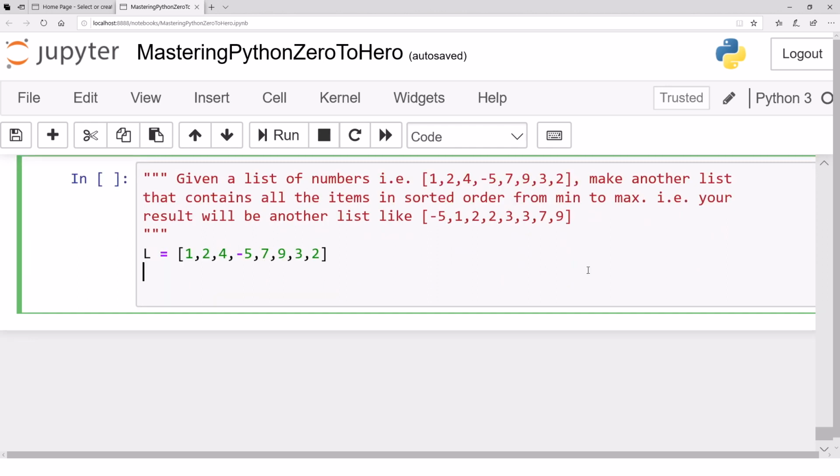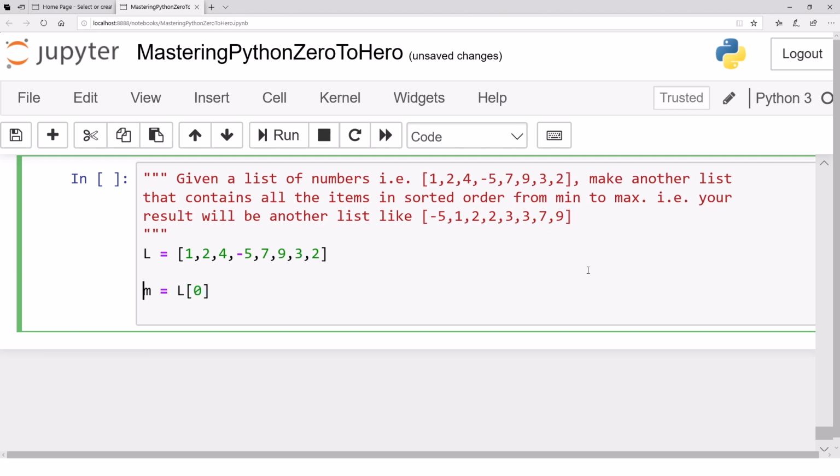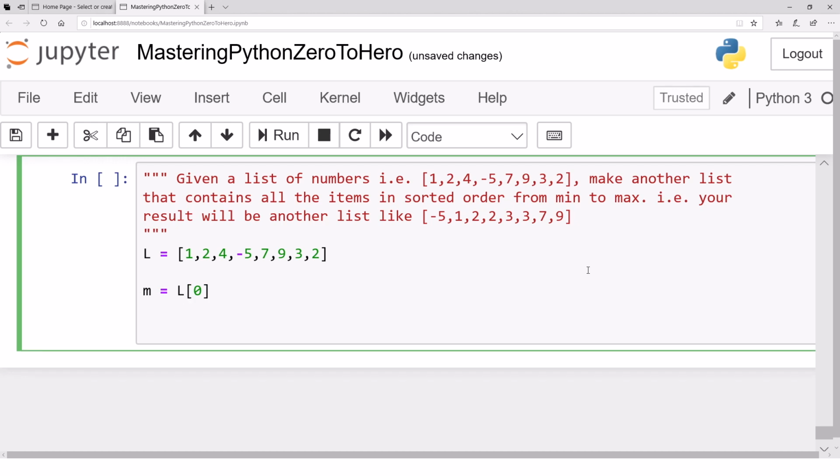Let us simplify this problem to just finding a minimum from the list. Let's say we are given a list and we just want to find one minimum number from the list. So how can we do that? Let's say m is our variable, and m is the very first value of the list. And what we do is for i